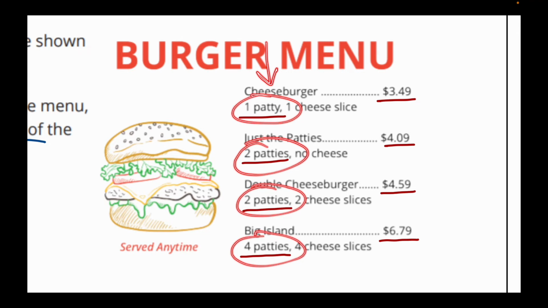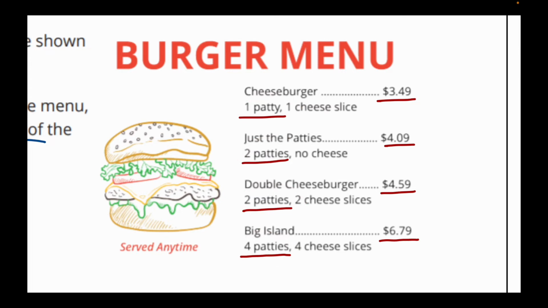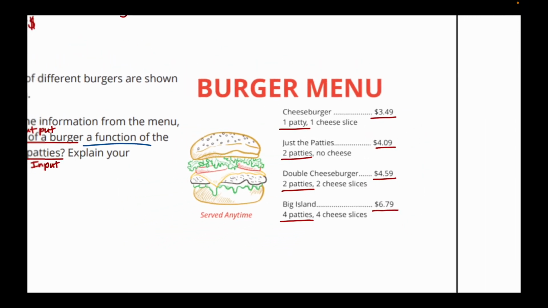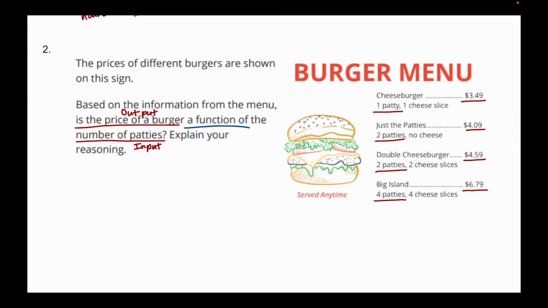I actually have one of my inputs shows up twice, which is my 2 patties. So this is what I have to actually look at in order to determine, is this a function? Because one input of 2 patties has to only give me one output. Are these burgers the same price? Just the patties? Or the patties and 2 slices of cheese? Well, they are not the same price. So it does look like cheese has an effect on our prices here, but for our purposes, we're going to